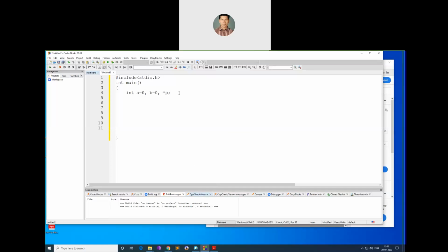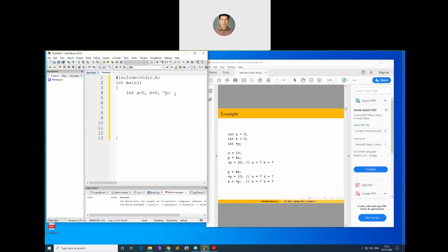Now we'll take the same program. It says a equal to 10, and p equal to address of a, then star p equal to 20.